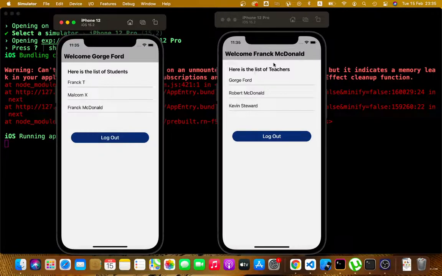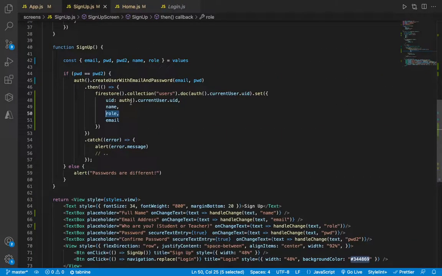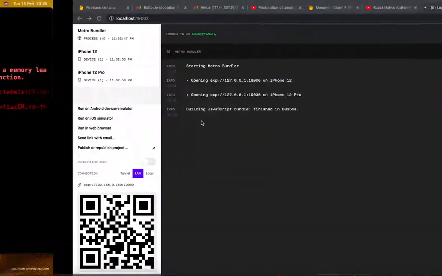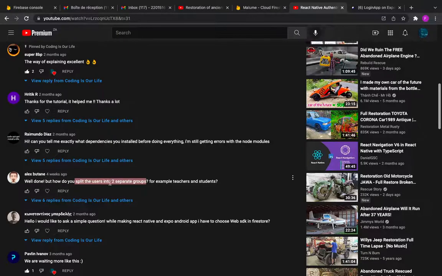So you can see I've separated users depending on their role, teachers or students. So you just have to add a field like the one I did here when I was adding the data to Firestore. You can separate users depending on, I don't know, admin and something else, or director and CEO, for example. It's just up to you. But here the example was using teacher and students because it was asked by Alex. I think it's Alex. Yeah, Alex. He wanted to know how to do it,